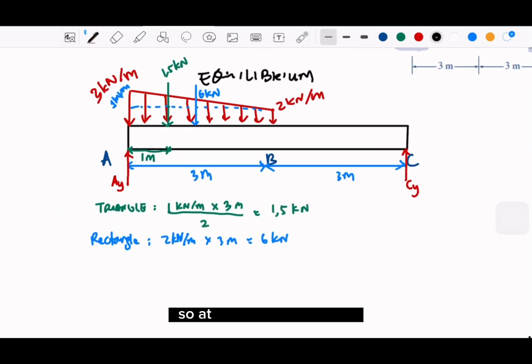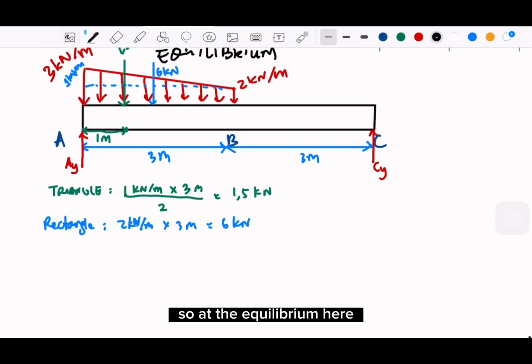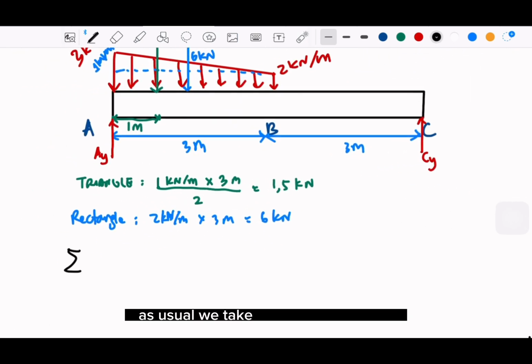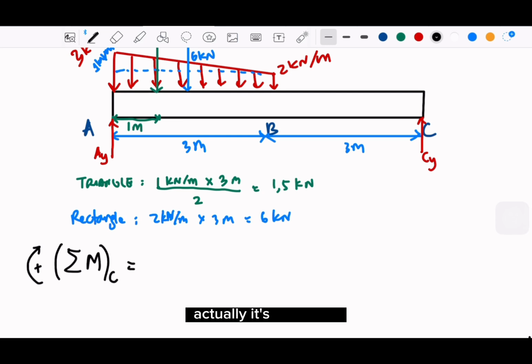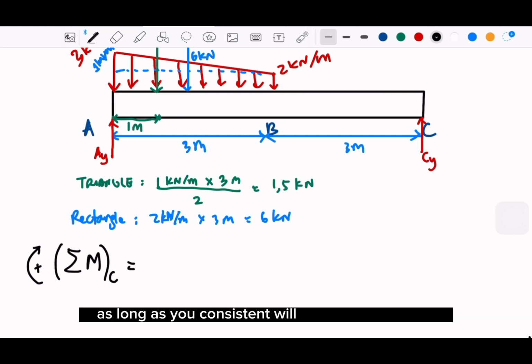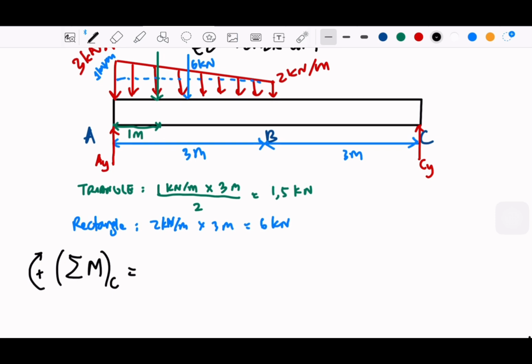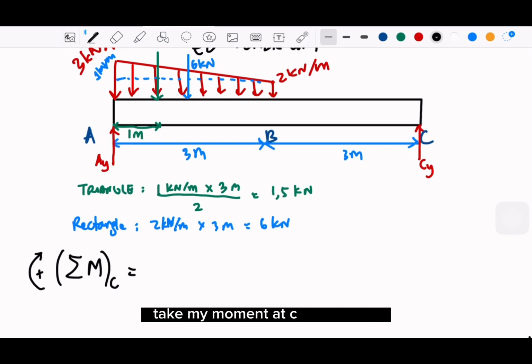So at the equilibrium here, as usual, we take the moment at C and at A, right? So let's say C, and take this part as positive. Actually, it's up to you. As long as you're consistent, you will get the same results. Okay. Sigma moment at C. So we have